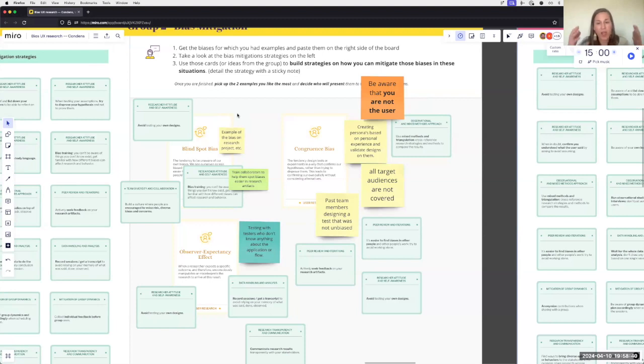possible: hey, can you review this for bias? Can you actually run this research session? Someone you've normed with, who you feel comfortable doing that. Also, looking at having a diverse team to represent a more diverse set of ideas in how you're creating your surveys, and mitigating that bias through having a diverse team, as well as